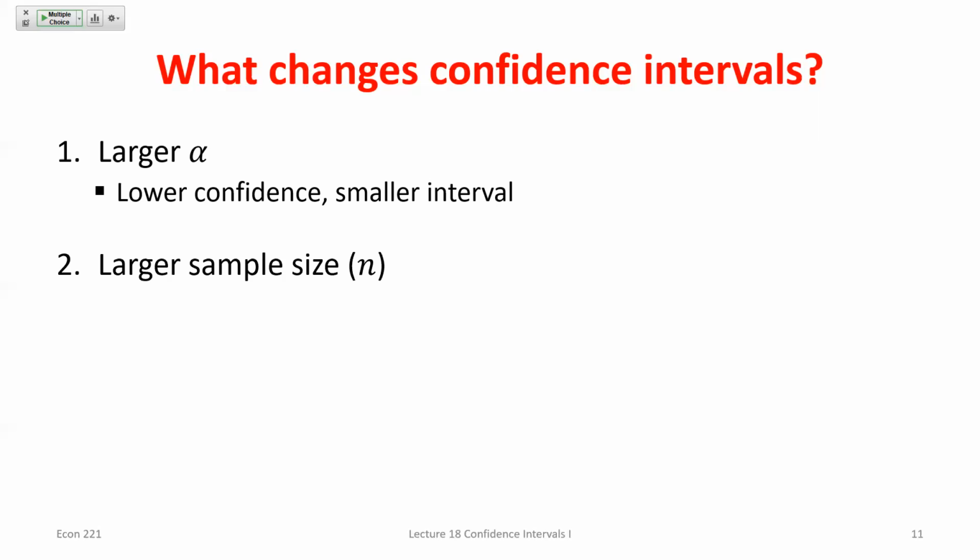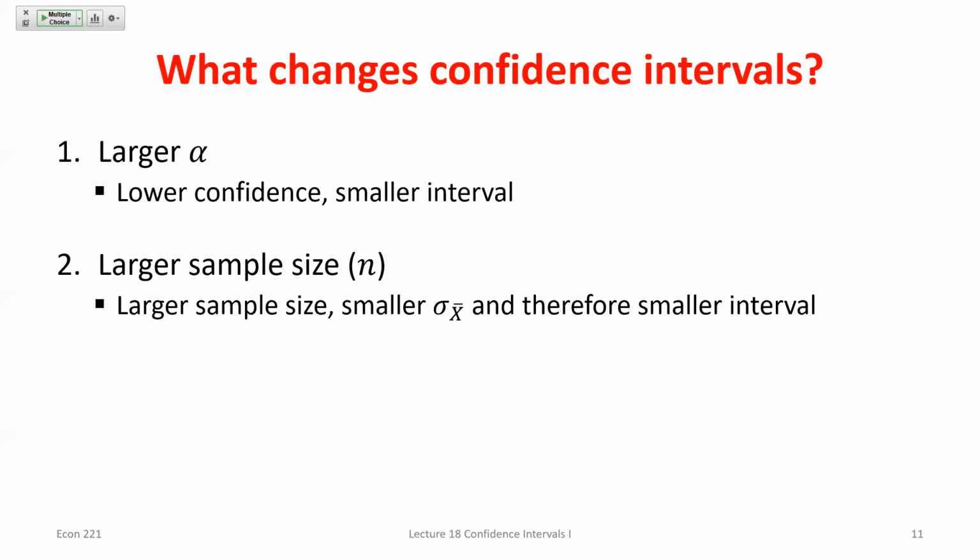If I divide this by a larger value, the standard deviation of my sample means gets smaller, right? So this guy gets smaller. That's what this represents. I haven't changed the level of confidence, I've just changed my sample size. So my margin of error is smaller. I'm adding and subtracting a smaller value to that sample mean. So a larger sample size also results in a smaller, narrower confidence interval, which is actually a good